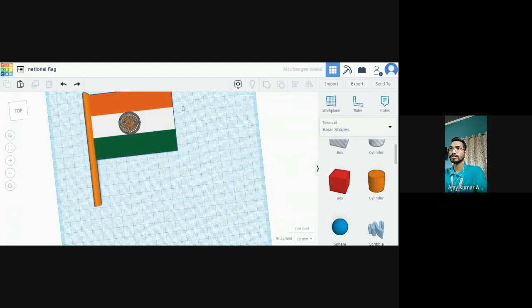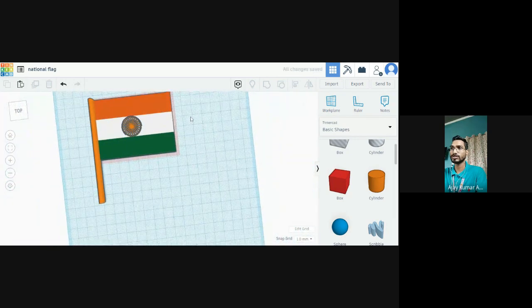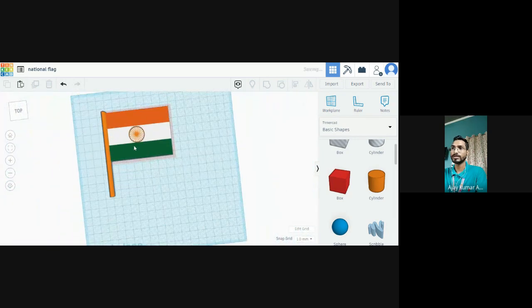Okay, so just simply select it. We have to change the color of spokes. That will be blue one. Okay, just simply select the figure and ungroup.